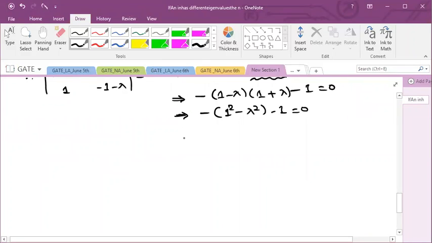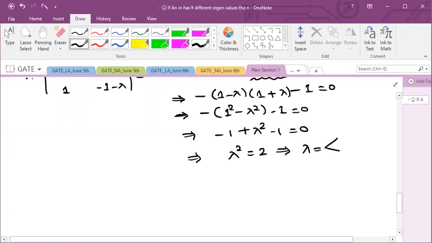So it implies minus 1 square minus lambda square minus 1 equal to 0. 1 square is 1 only, -1 minus minus gives plus lambda square, and it is also -1, equal to 0. So lambda square equals, this -2 will go to the other side and become +2. So lambda will become plus √2 or -√2. So these are your values of lambda for A, that is lambda 1 and lambda 2. Here lambda 1 is equal to √2 and lambda 2 is equal to -√2.